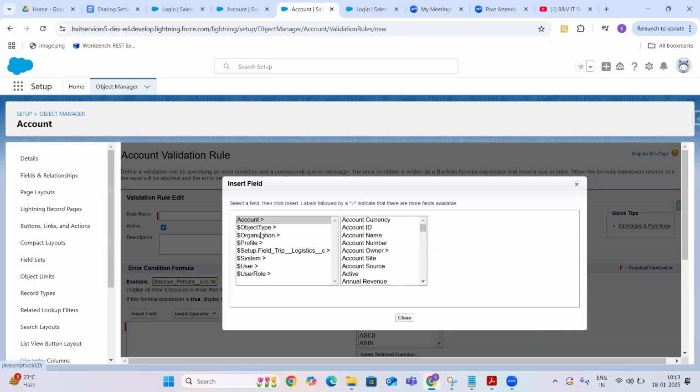See, here it's exactly the same things we have seen on the formula field. That's the reason formulas and validations are always together. Not only formulas and validations, the next concept, flows, guys. In flows also we will see the same things.